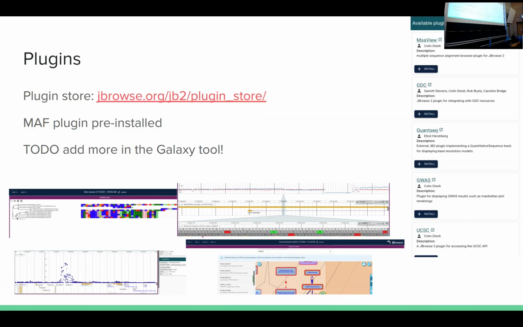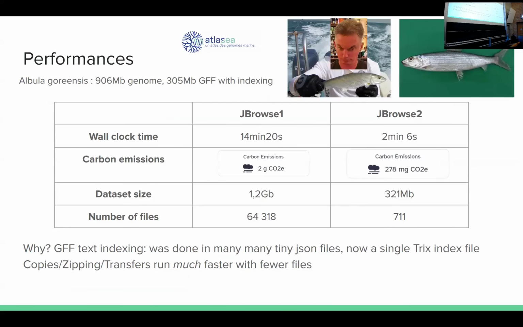And now, performances. It was interesting to see if the tool was better than the previous one in terms of performances. So I tried to just load inside it the data from Albula goldiensis, that is this fish, fished by Yvan. Nearly a 1 gigabase genome with a 300 megabase GFF. So it's the genome from the Atlas project, so the French EBP project. And if you look at the statistics,